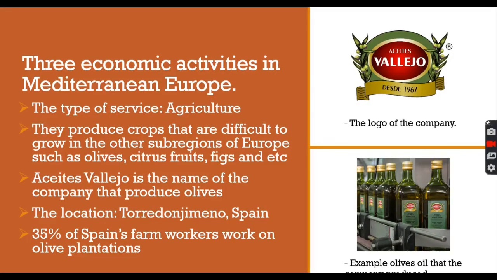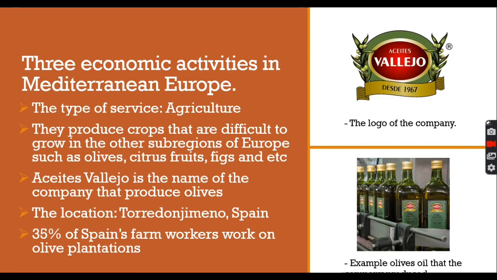The first economic activity in Mediterranean Europe is agriculture. Agriculture is very important to the Mediterranean countries such as Spain, Greece, Italy, and Portugal. The warm, cool winters and dry summers that seldom drop below freezing allow the Mediterranean countries to produce crops that are difficult to grow in the other subregions of Europe, such as olives, table and wine grapes, citrus fruits, figs,